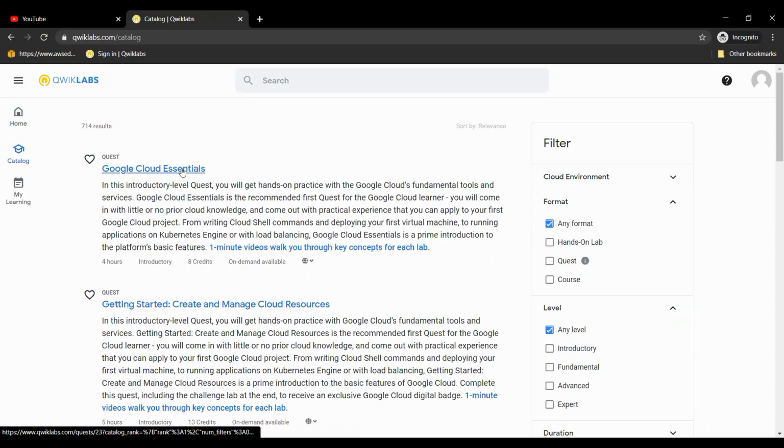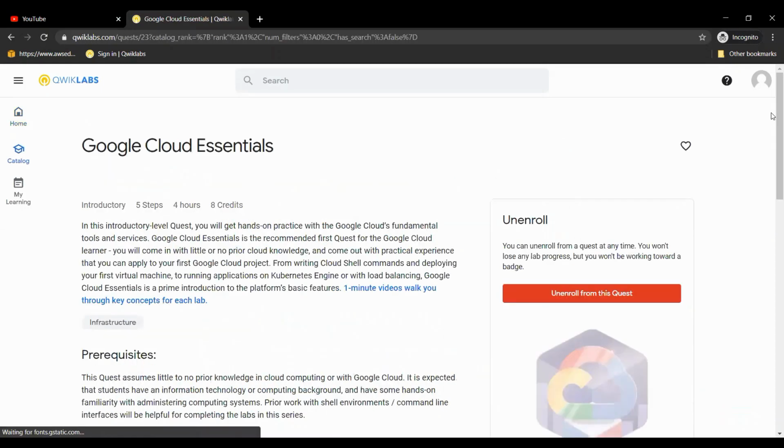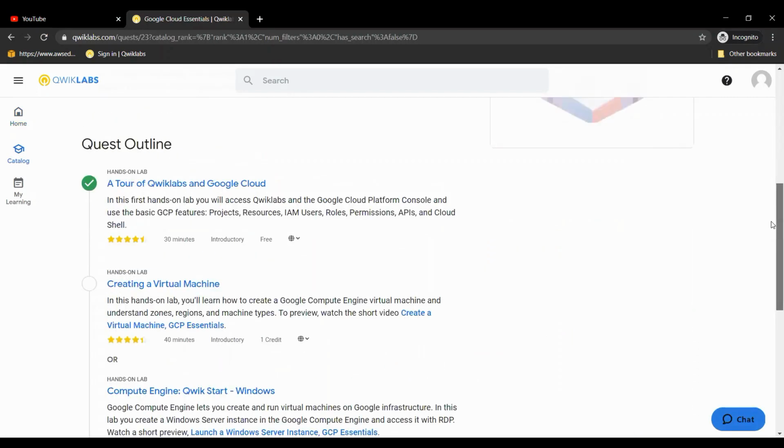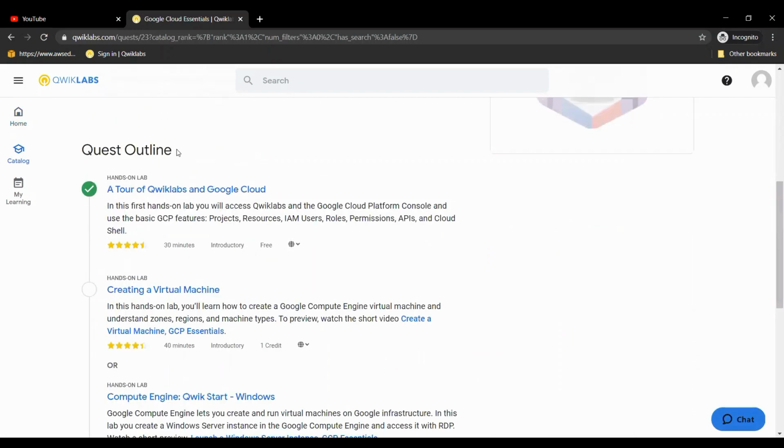As soon as we click on it, we are able to see some labs involved in this quest. There are about 5 to 6 labs, and the first lab we are going to perform today is completely a basic lab. It is an introductory lab where we don't use any credits. It is completely a free lab.